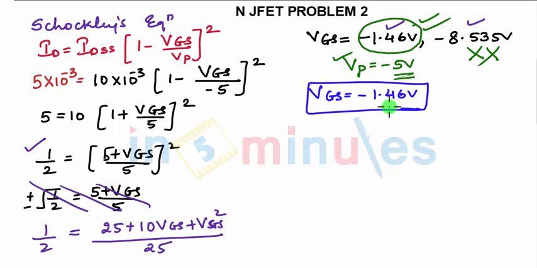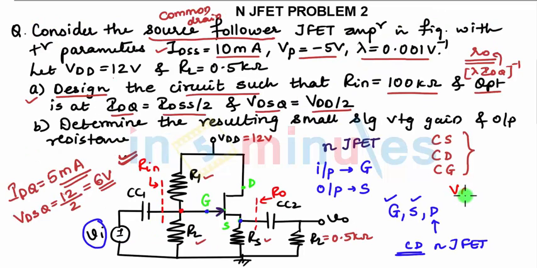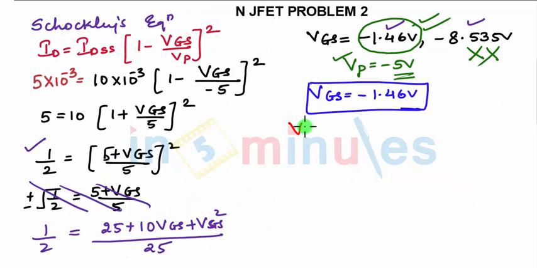Now how are we writing the value of Vg, the gate voltage? Voltage at the gate, we are writing it by the potential divider rule: R2 upon R1 plus R2 into VDD. So the same equation I am using, Vg equals R2 upon R1 plus R2 into VDD. Now in this equation, do we know the value of Vg?